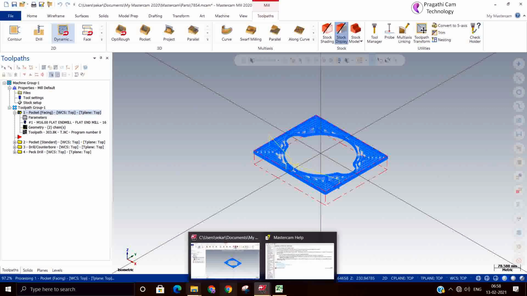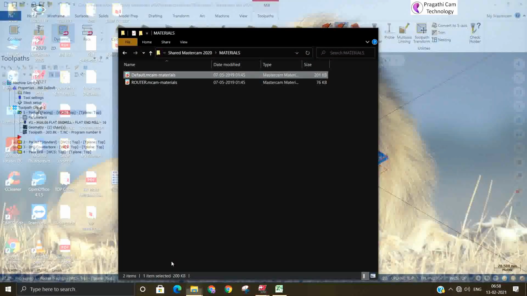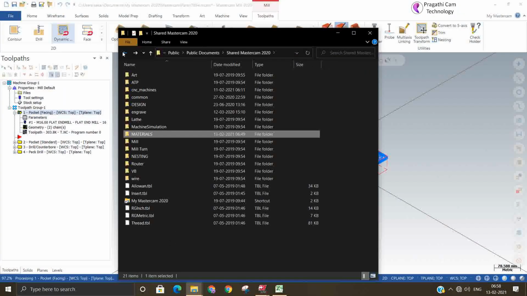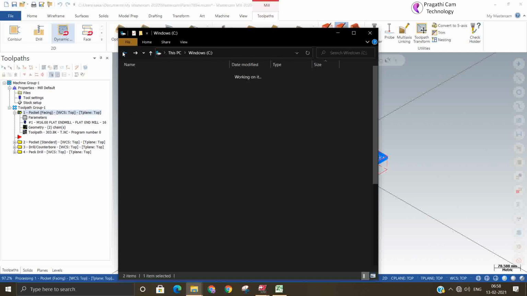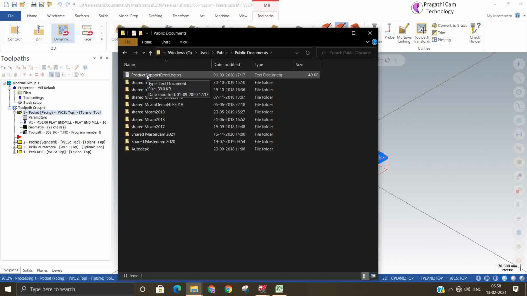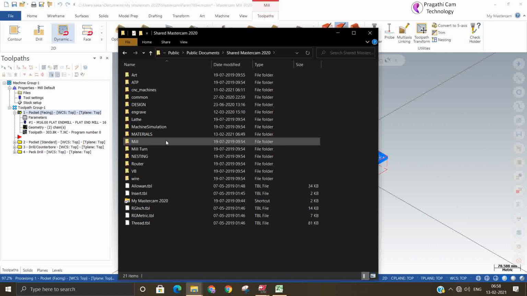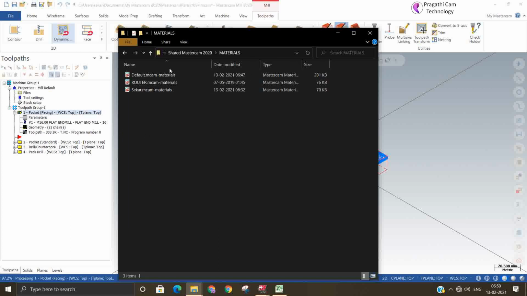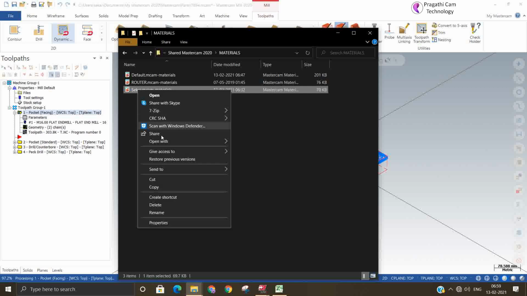So where the material actually exists, if you want to see, go to C drive, Users, Public Documents, and in that you can see Mastercam 2021. Here is the material folder. So here the material library is available. I just copy this and rename, open with WordPad.